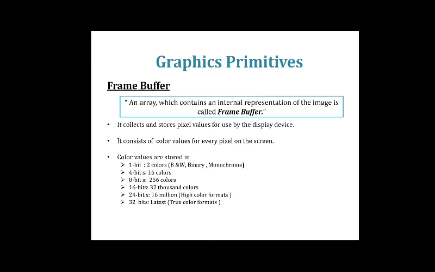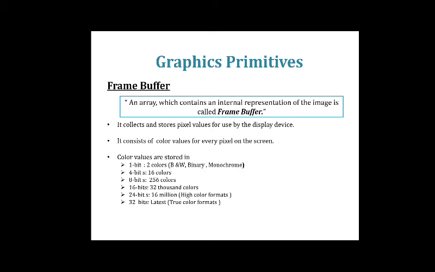Who is going to do that? Our graphics display device, and we are going to cover the display device topic in the next lecture. That display device can then access this array to determine the intensity at which the pixel is to be displayed. The display device searches in computer memory, that is, in the frame buffer, to find what intensity to set for that particular pixel. That information is mined from that memory, called the frame buffer.